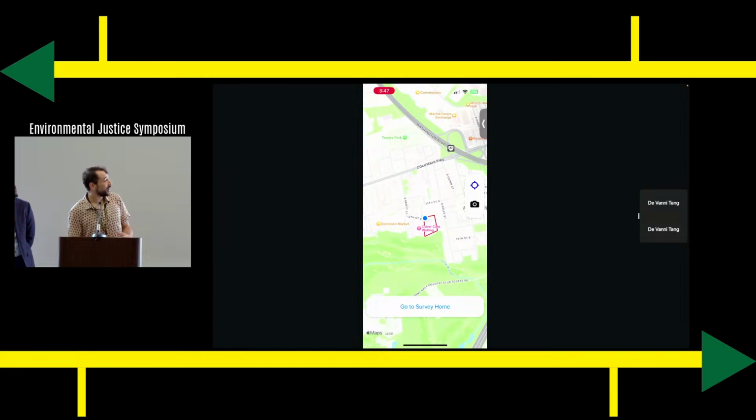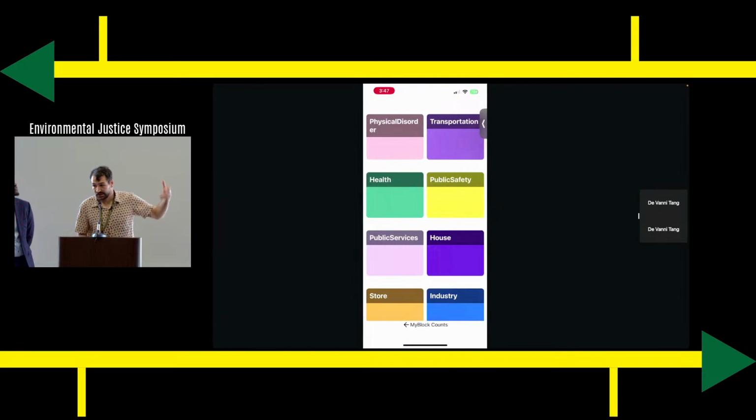publicly available app. And so we built off of that in order to create the general block schema that you see here. So if you could go to the survey home again. After you've logged in and you've seen your block being properly identified, again, I should point out that it might not be the block that you identify as a block, but it is a small constrained area that is easily understood as a block. You can go through and select what